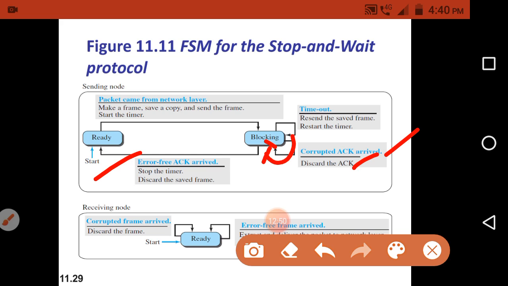If it is a correct one, then it will stop the timer, and after stopping the timer it will discard the saved copy of that data frame, okay. And after performing this event it will move to the ready state, meaning the sending machine is ready to send the next frame, okay.